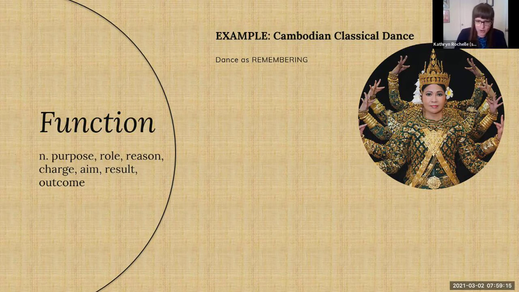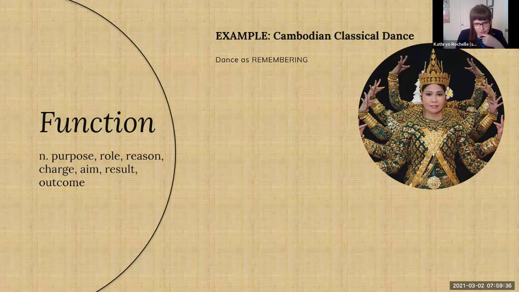And so after the war, a handful of dancers survived and slowly began returning to the capital, and together they were piecing together these cultural dances that Pol Pot had tried to erase. And so today, because of that, there's a real renaissance of classical Cambodian dance, which really functions as a way of remembering and preserving cultural heritage.